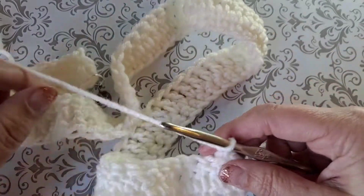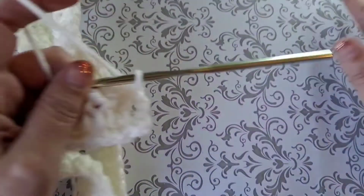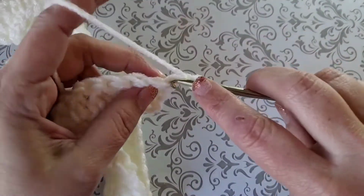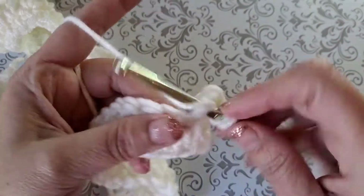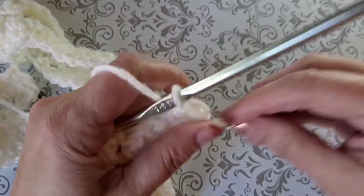Not like a pyramid, but more like a checkered board. So let's go ahead and do what the instructions say. I chained 1, so I'm going to double crochet in the first 9 stitches. So that's number 1. That is number 2. Before I go any further,